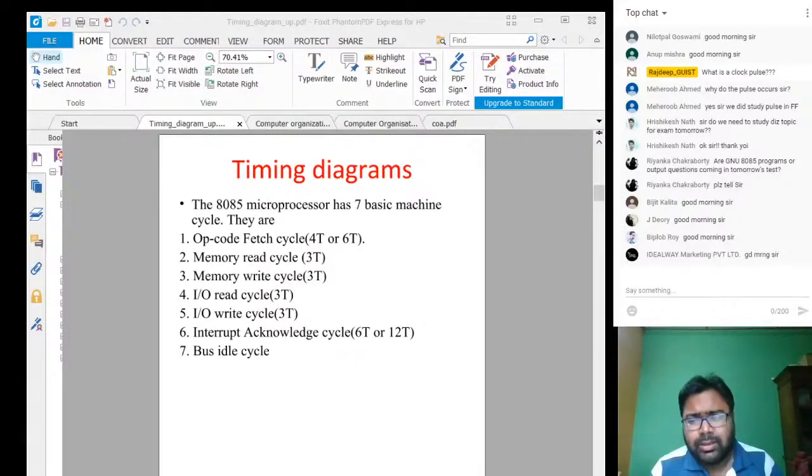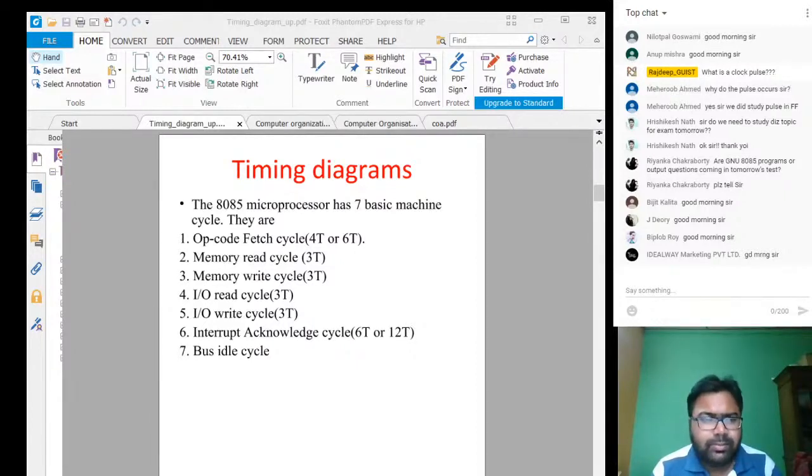Interrupt acknowledgement. I think we have not studied interrupts yet. We will see it in the coming part. What does an interrupt mean? Whenever you are going for some kind of IO operation, you need to notify your CPU that you have completed or started the IO process. This is done with the help of an interrupt. So we'll see interrupts. There are 3-4 types of these interrupt acknowledgements.